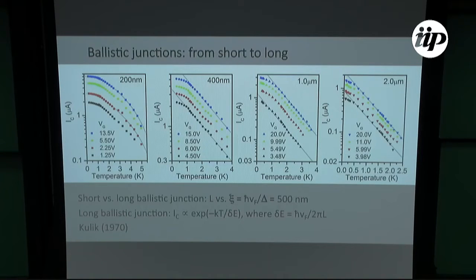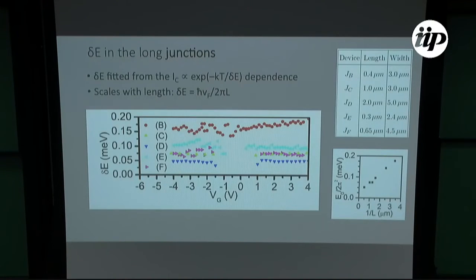While for the longer junction, and actually also for an intermediate junction, we see that there is a clear exponential decay of the current with a slope which is the same for different gate voltages, as expected for graphene, which has a Fermi velocity that is independent of density. And finally, the slope here scales correctly, meaning the shorter the sample, the larger delta E here. I'm going to skip this for the sake of time, but we have measured this parameter as a function